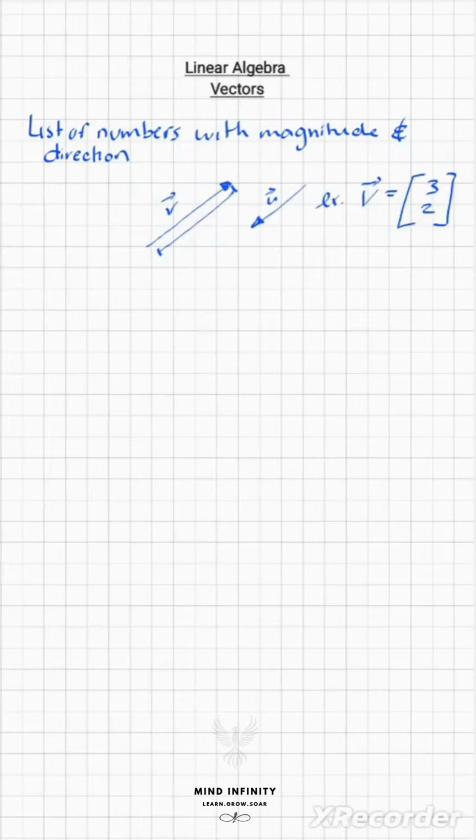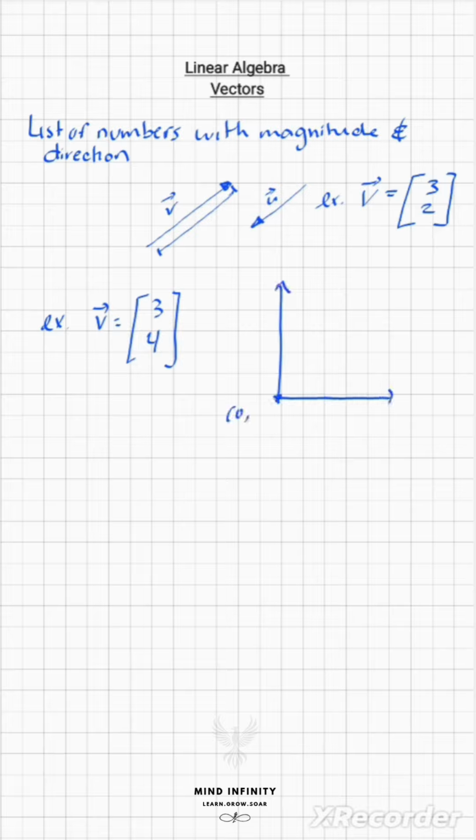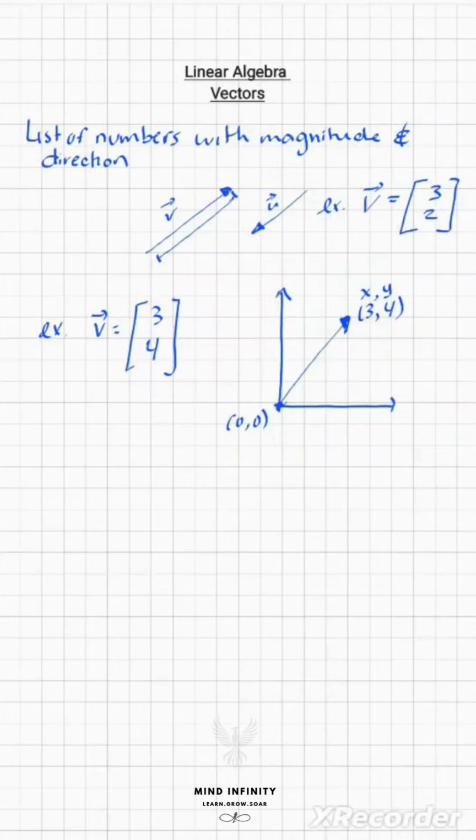Let's have an example. Let's say vector v has 3 and 4. So if you were to draw this, you would start with 0, 0, and then it would go to 3, 4, so like this. Where 3 is basically x, and then y would be 4. If you were to measure the length of the vector, basically to calculate the magnitude,